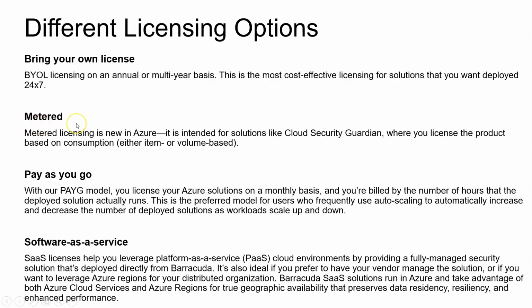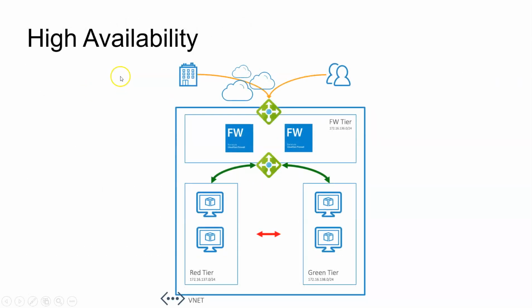And then coming to the metered option, based on the usage, like how many items you're using or based on the volume, you will need to pay for Barracuda when you select metered. Pay as you go, again on a monthly basis, you pay based on the usage. Then coming to software as a service, it's a managed service. You don't need to manage anything. It will just provide you the service as it is, like a web application firewall on the front door or application gateway or on the CDN similarly. But here you can't enable your own high availability.